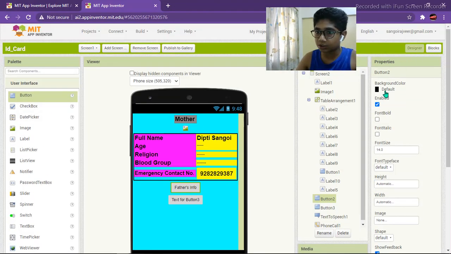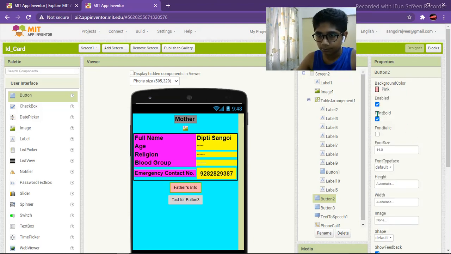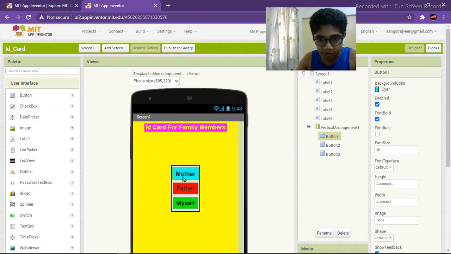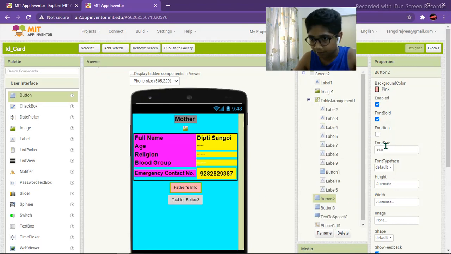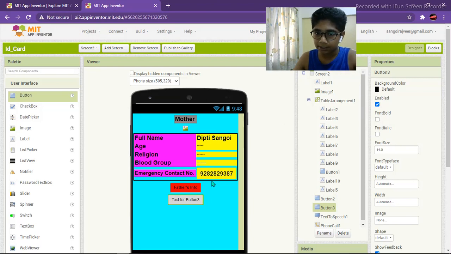So now change the background properties. So what was the color of father? Father was red. So make everything red. So this also red, and this is the home button, and the color of home was yellow.